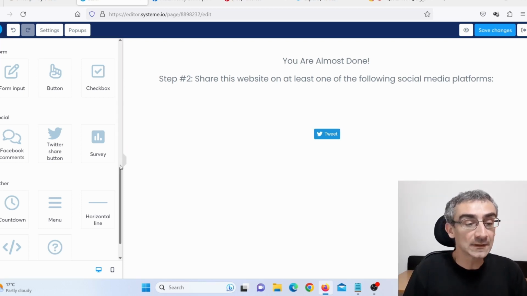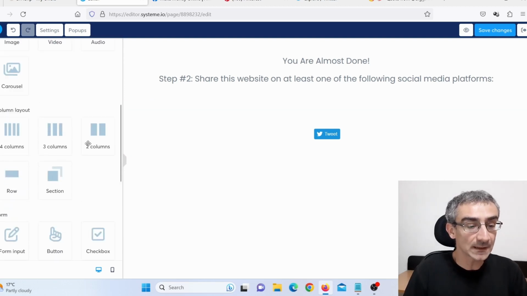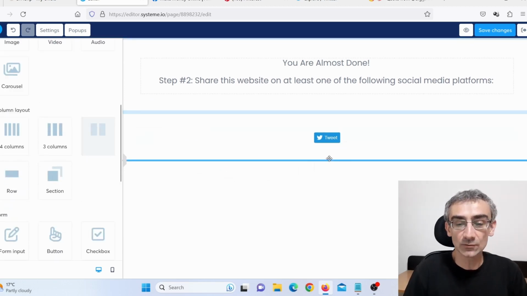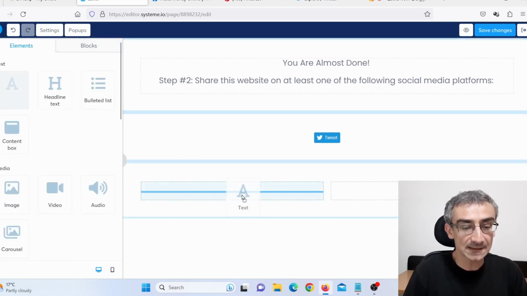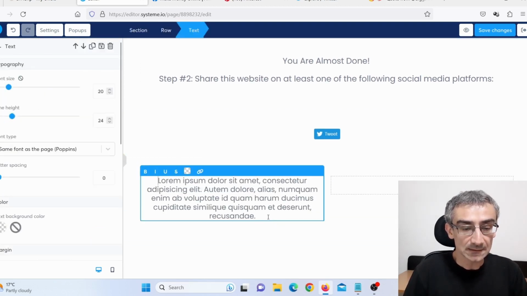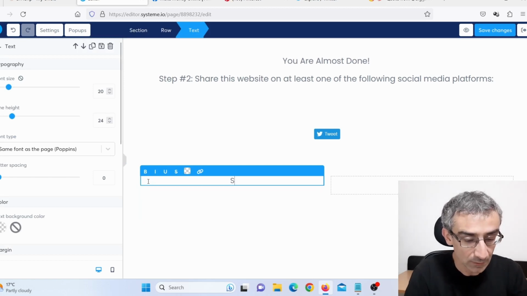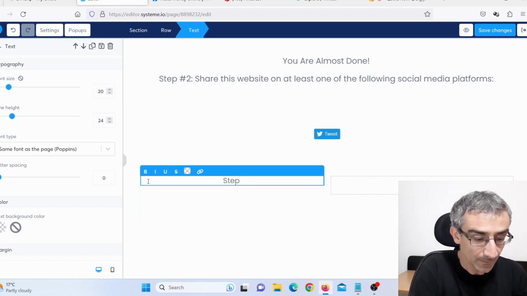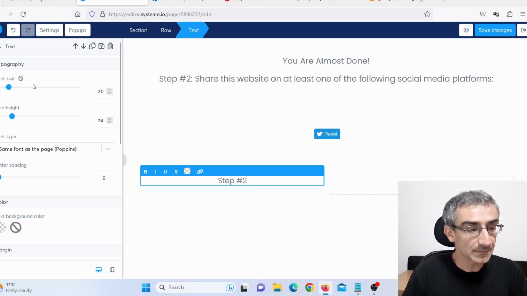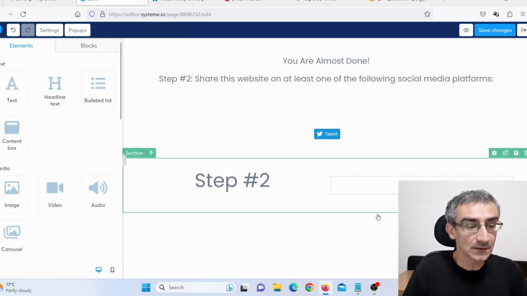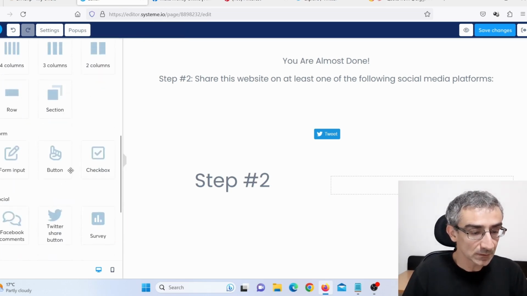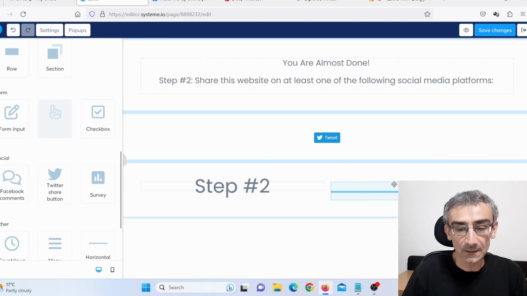And what I need to do next is I actually need to scroll back here and I need to drag these 2 columns again, and here click again, and I will drag this text and I will say that this is step number 2. Step number 2, and I will make this to be a little bit larger, something like this, okay? And again, here I need to add a button, so let me just drag this button here,